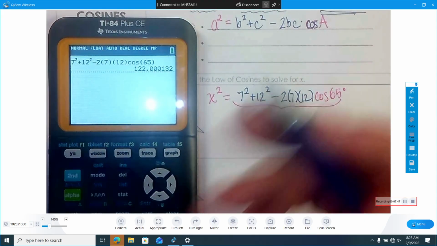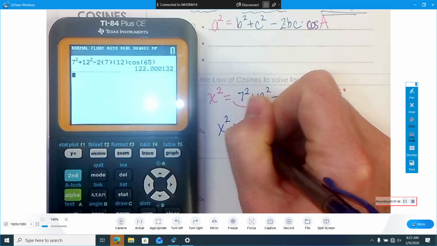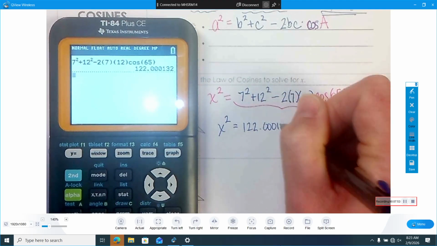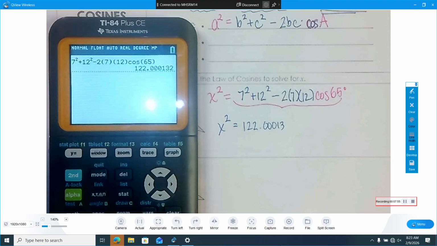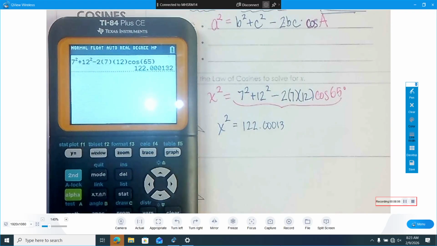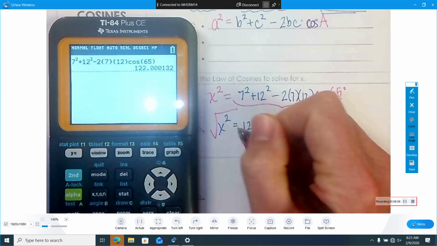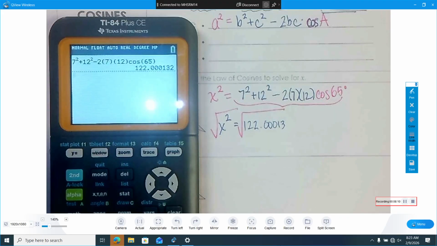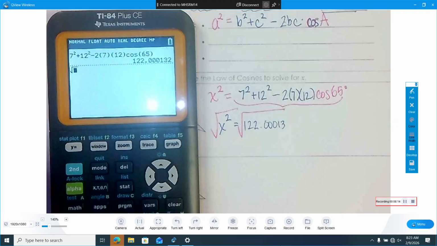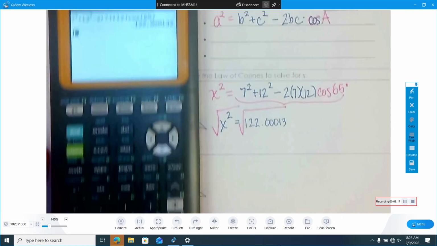and we get side squared equals 122.00013, blah, blah, blah. Did you get 122.000 blah, blah, blah? Okay, good. How do you get x by itself? Square root. Square root both sides. So please, ladies and gentlemen, we're going to do the square root of the